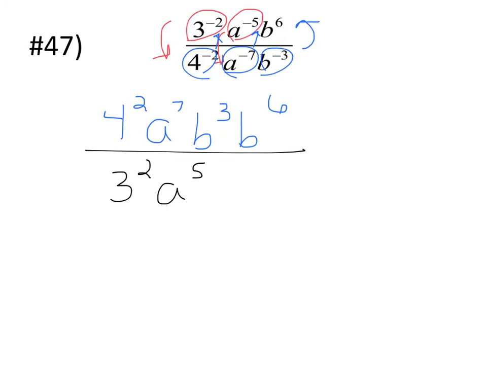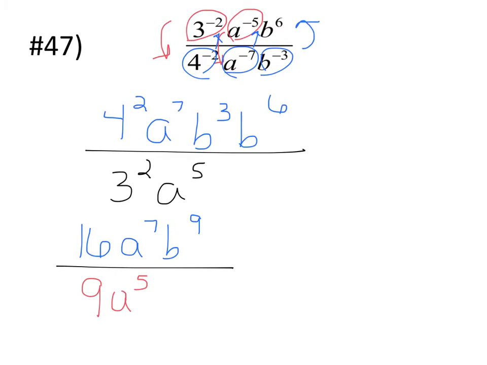Okay, so now we know that 4 squared is 16, and we have a to the 7th, and because we have two b's up here, if we're multiplying like bases, we add the exponents. So that's going to become b to the 9th. All over, we know 3 squared is 9, and then we have a to the 5th. Because we have an a in our numerator and denominator, we're going to use the quotient rule. And we can also reduce our